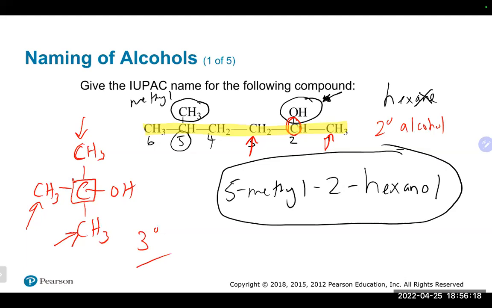Question on how to identify those. I found the carbon that has the OH group attached to it. That would be the one in the box. And then what I am looking for is how many carbons are directly attached to the one in the box. And that would be 1 carbon there, 2 carbons, and 3 carbons, which would give you your tertiary. Other questions? So in this case, it is the carbon that needs to have the OH directly attached to it. And then what you're actually looking at is how many carbons are attached to that carbon. And that will get you your primary, secondary, tertiary.